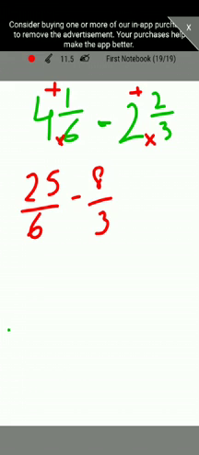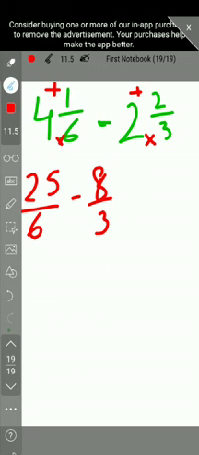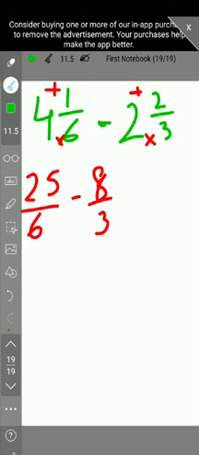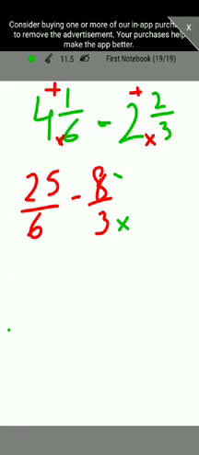Now you can see that both of the fractions have different denominators. So when we have unlike denominators, in the first one we have 6, in the second one we have 3, so we make them equal by multiplying. You can multiply the smaller number by any number so you get the bigger number. So we can make the smaller one equal to 6, right? We can multiply 3 by 2, so we will get 6.